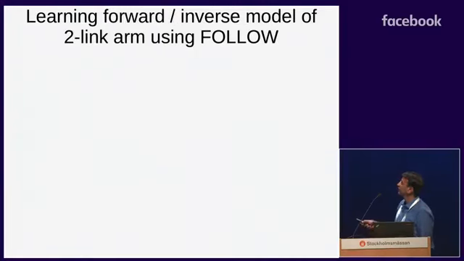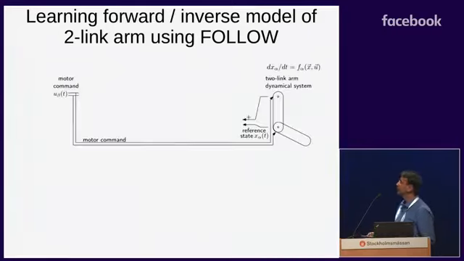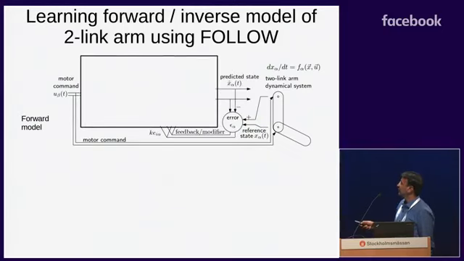So we are going to learn the forward and inverse model of the two-link arm for concreteness using our FOLLOW learning scheme. Once again, the motor command U, a two-dimensional torque, is sent to the two-link pendulum or the arm, and from visual and proprioceptive feedback, we obtain the reference state X. Now the same motor command goes to some brain area which is acting as a forward model, and this predicts some state X hat. X hat is compared to the reference X and an error generated, and this error will be fed back as an extra input into this model and will serve to modify the weights here. And of course, this is a supervised learning scheme.